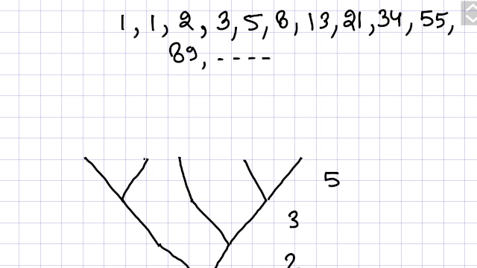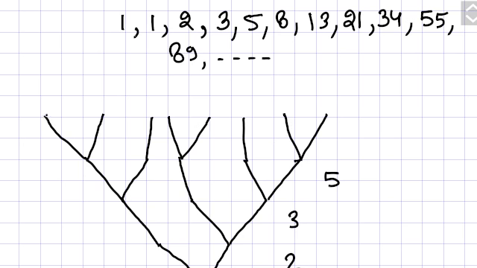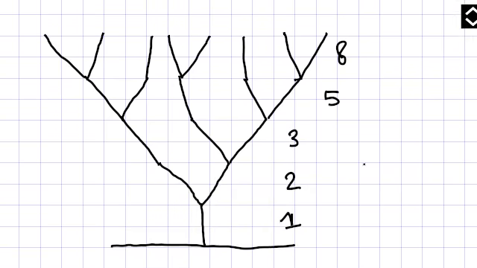It will keep on going like this, and this branch will also keep on going like this, but this branch will branch out like this, and this will also divide into 2 parts. So if you count these, 4, 5, 6, 7, 8, so 8. So you can see that we are getting the Fibonacci numbers 1, 2, 3, 5, 8. So this is nature's way of growing, and it is very efficient.